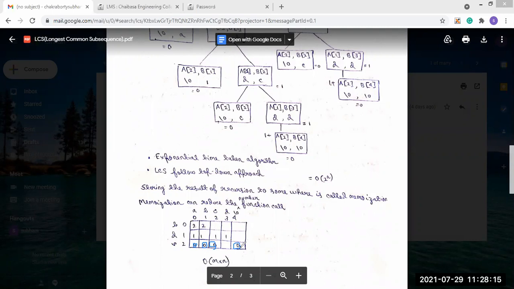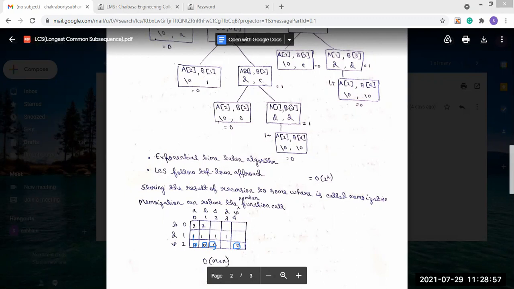Then after that we will check. We will put the same values here again, one by one. So here we will put A1 and this is 0. The value will be put according to this tracing tree. If we put the values, then we will see that we are performing the same thing more number of times here.